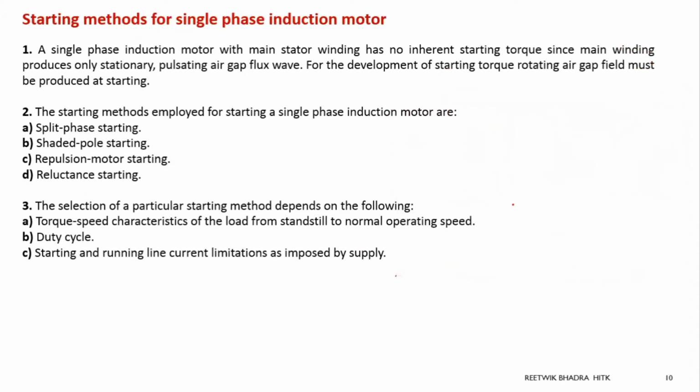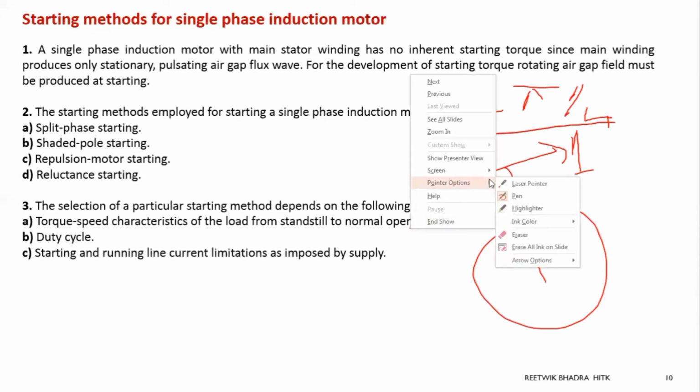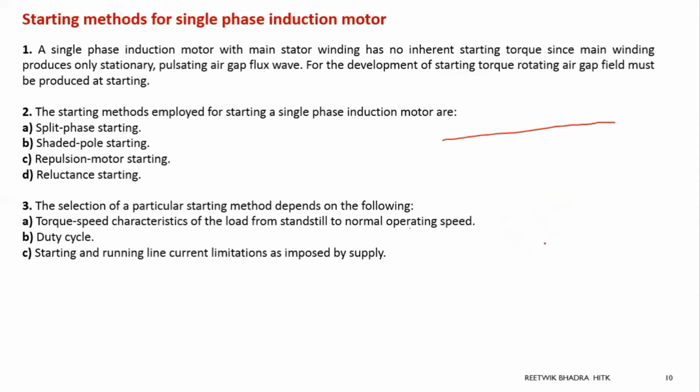I am giving you a simple example. If you take one at an angle 0 and one at an angle minus 90, or one at an angle plus 90, you will get one at an angle 45 or one at an angle minus 45. So it will rotate with a constant magnitude 1, a circle with constant magnitude 1, and the angle will be theta minus 45 degrees, which means pi by 4, or maybe pi by 2. You just go and calculate which angle it rotates. Follow my lecture number 3 of the 3-phase induction motor, but over here only 2 phases.